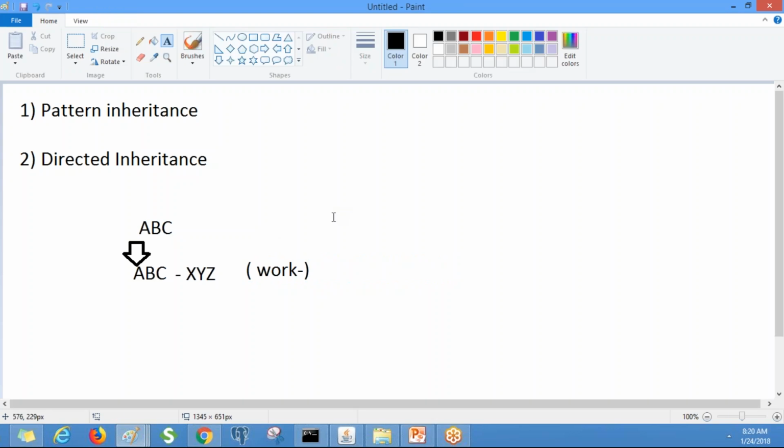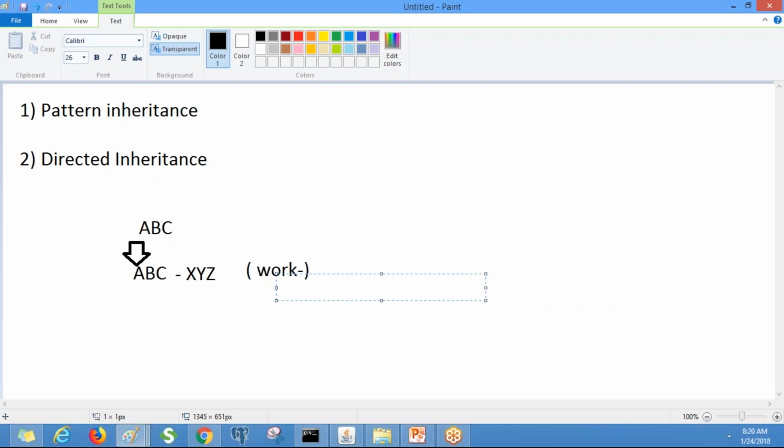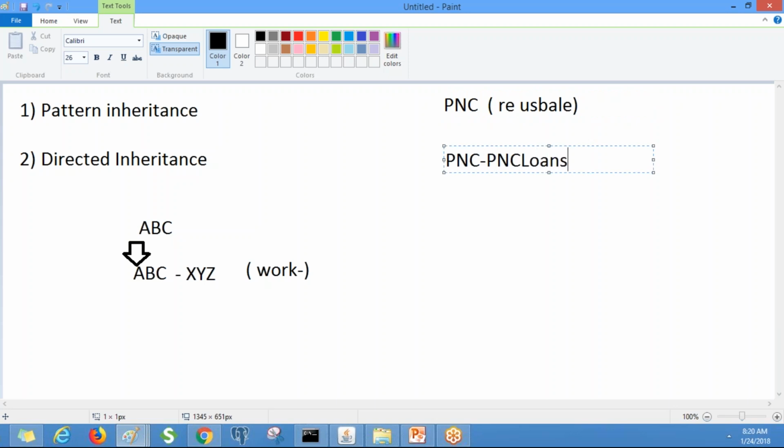Now when we create an application using the PRPC wizard, it will create one organization-level class. Suppose our organization is PNC, right? It will create one organization-level abstract class which is meant for creating reusable things, one division-level abstract class, and one unit-level concrete class.